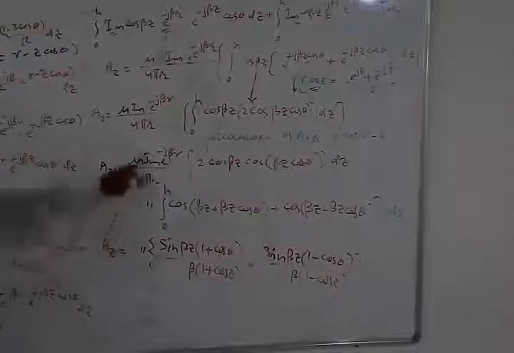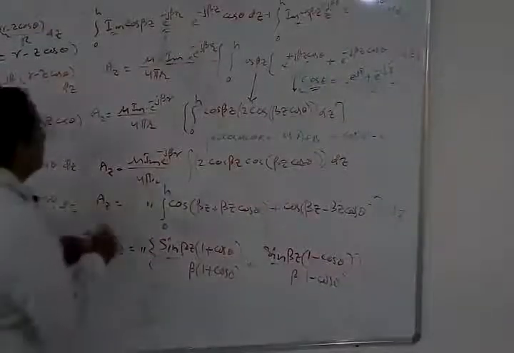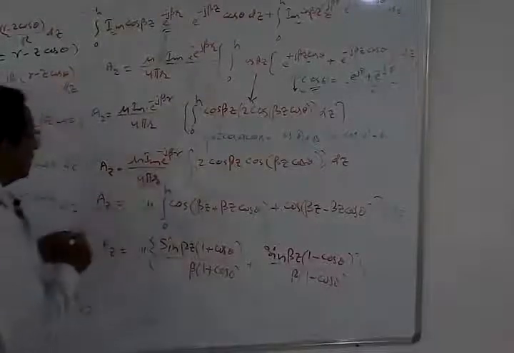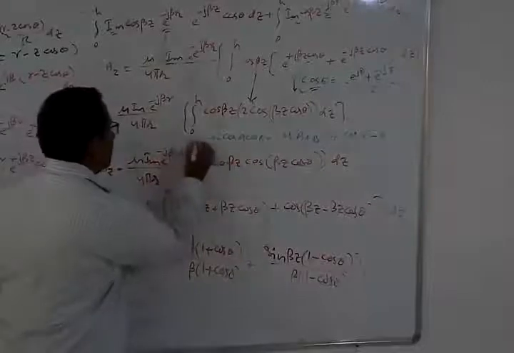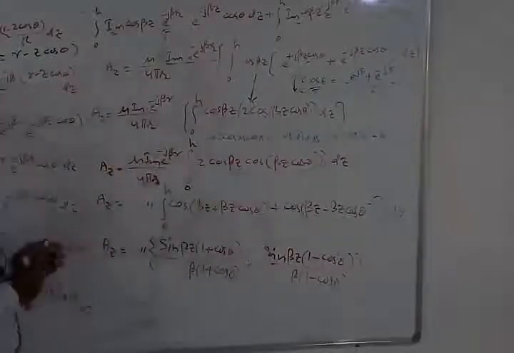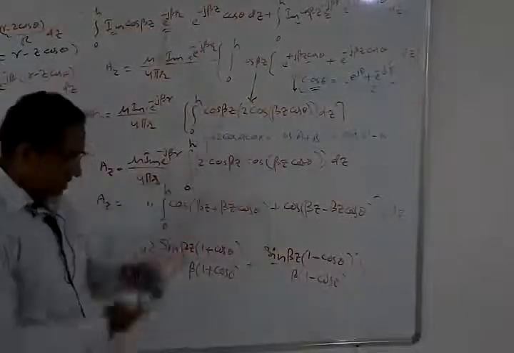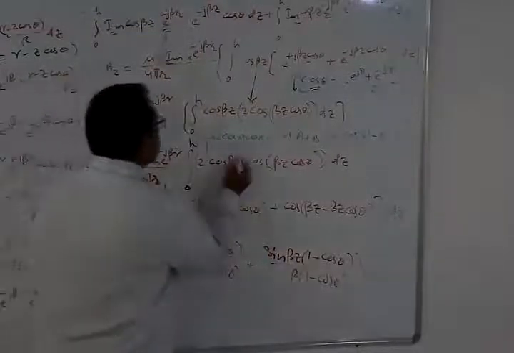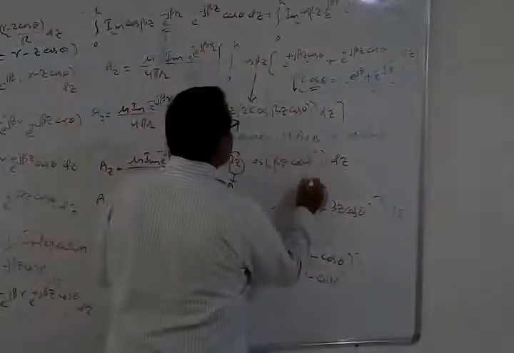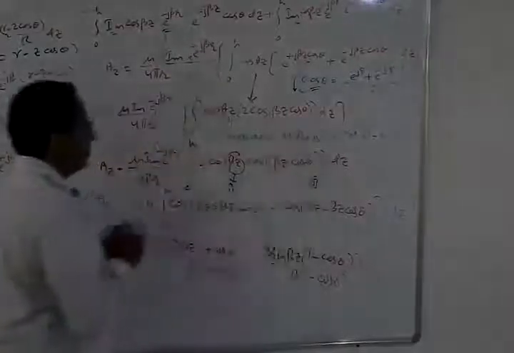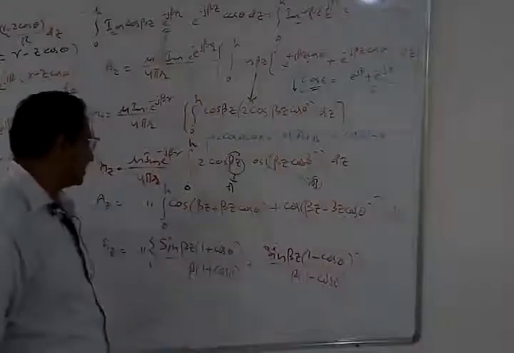Once you expand, this part remains as it is, the term 1. So term 1 remains as it is. Term 2 we are now going to calculate. The limits are always going to be 0 to h here. So what I can write is, this part is equivalent to a, and this part is equivalent to b in the above equation. So I will be replacing cos of a plus b plus cos of a minus b with beta z.